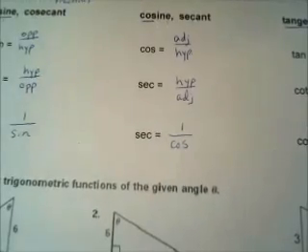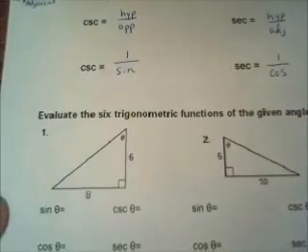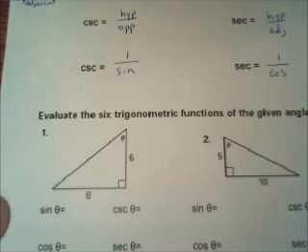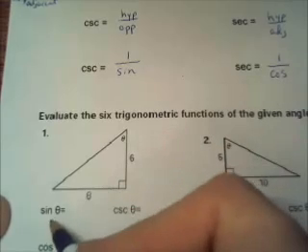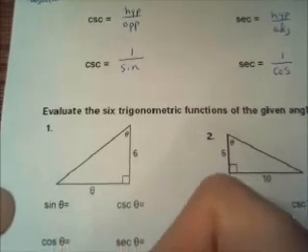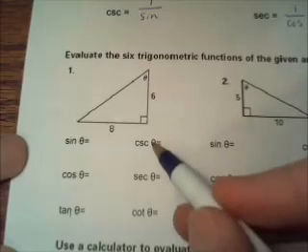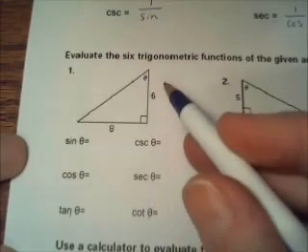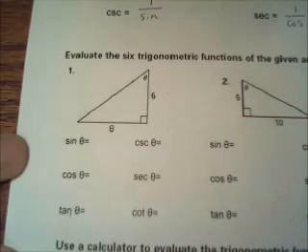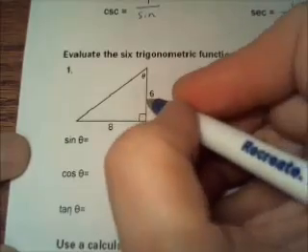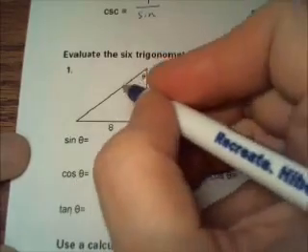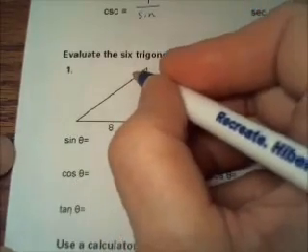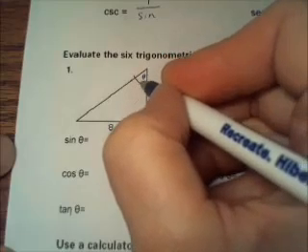Now what we're going to do is take three specific right triangles down here, and we're going to figure out all six: sine, cosine, tangent, cosecant, secant, and cotangent of each one of these three examples. So when we look at this triangle right here, what they want us to talk about is this angle up here, because there's a little funny